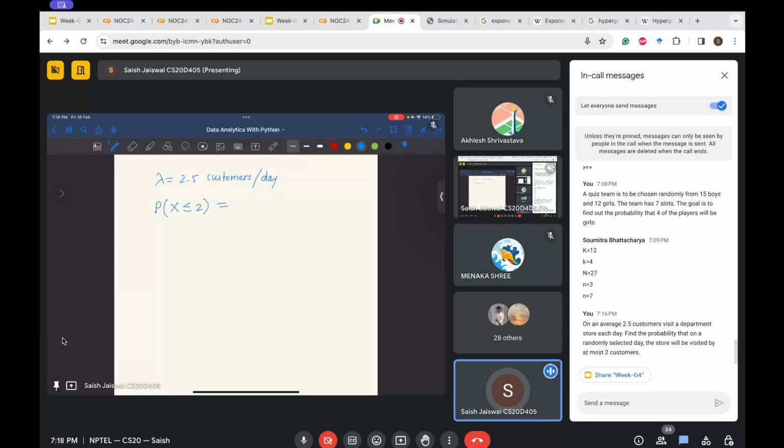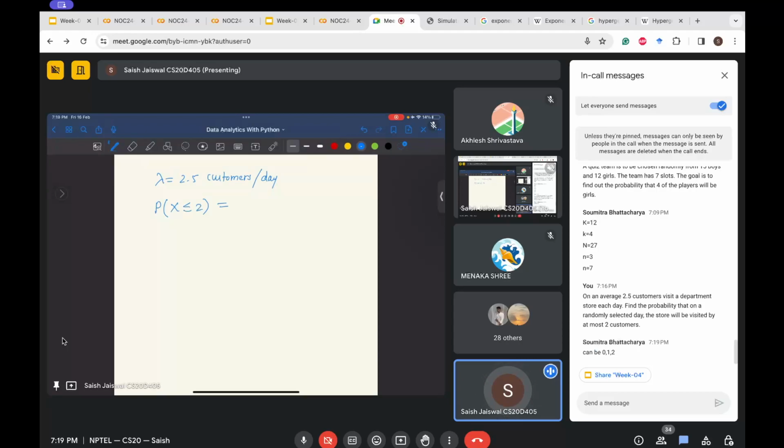So what all values can this particular random variable take? Number of customers: 0, 1 and 2. No, in general, what all values can this X take? That is the number of customers. It can be 0, 1, 2, 3 and so on till infinity, right? Like an infinite number of customers can visit me. Yes. So in this case, P of X less than or equal to 2 will be P of X equal